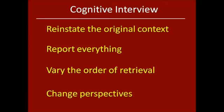So we suddenly realized as psychologists that we had to start training police officers not just to use techniques to enhance memory, but we had to teach them techniques which basically got good